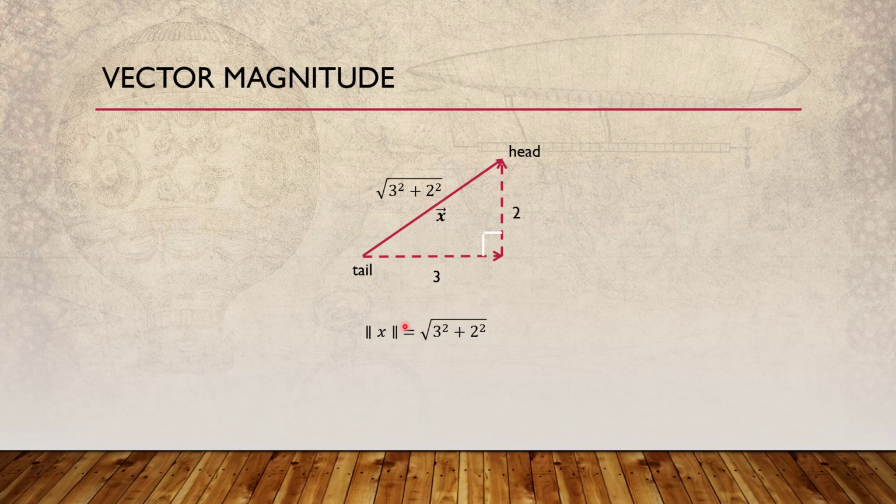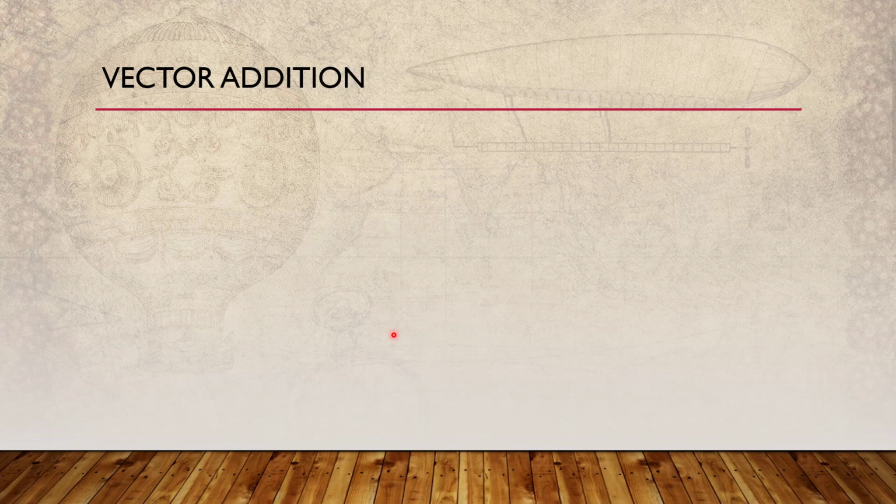Okay, so at least we are able to establish this double bar symbol over here, which we saw in our cost function equation. Now let us move on. Let's talk about how to do the vector addition, because we need to understand the vector subtraction over here. To understand that, we first need to understand